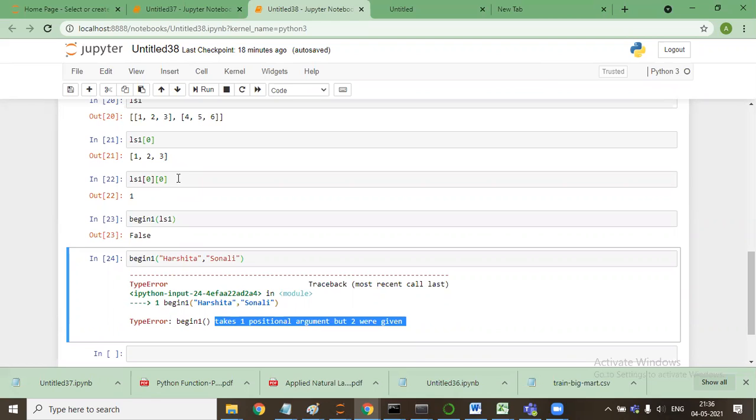So it will take the first one, and if the entire list is being passed, it will not prompt an error, because argument-wise we are passing a single argument only. But when we are passing 2 values in it, we are passing 2 arguments. So that's how the system works. ls1 has 3 lists within it, but ls1 will be considered as a single list only. All the elements are considered as sub elements. But its first content only will be considered for the argument.